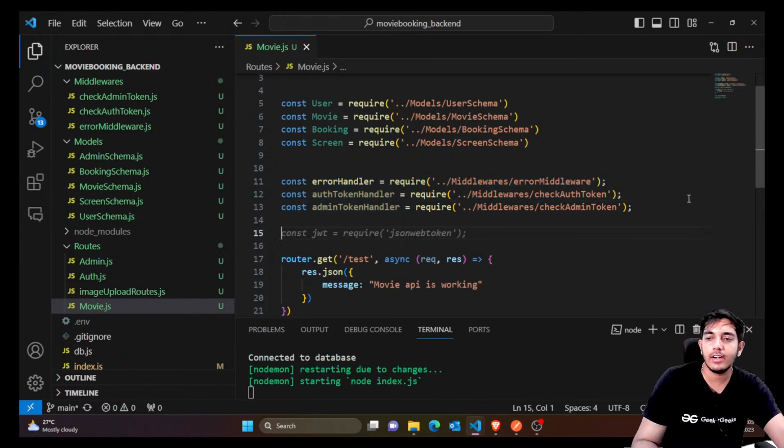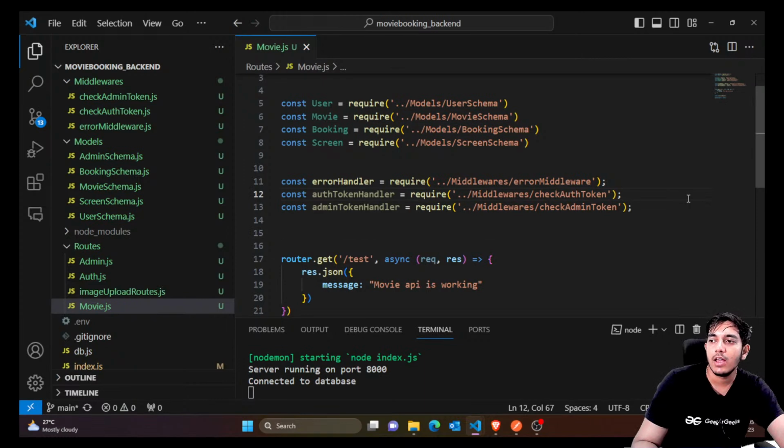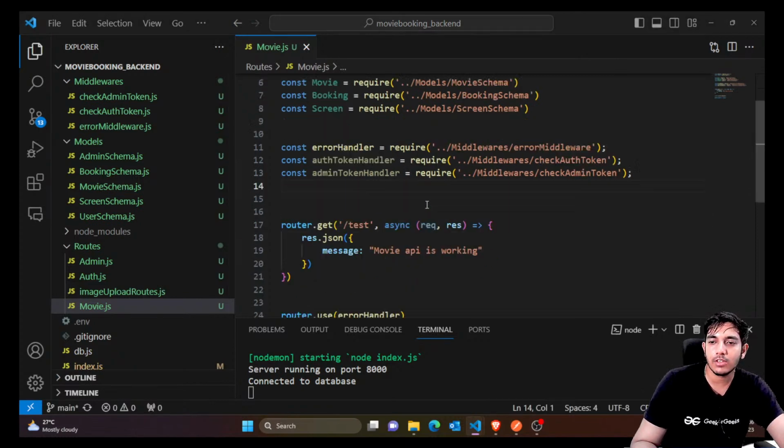That means whenever you're creating a screen or creating a movie object, you are going to use admin token, right? Whenever you are booking a movie, you're going to use auth token. Okay, so for that we need both of these, right? So after that, let's first of all test this